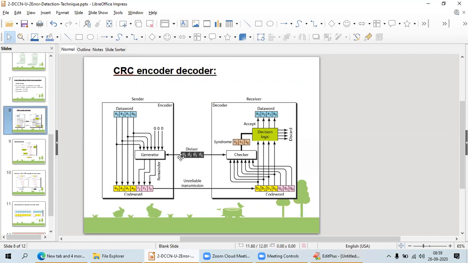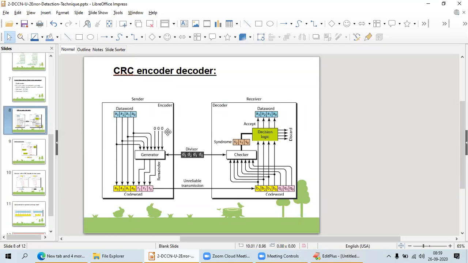As I told you, the divisor is the public key, a 4-bit divisor. Your generator knows it, and your checker also knows it. Whenever I am doing generation, I add divisor minus 1 zero bits to my data word.